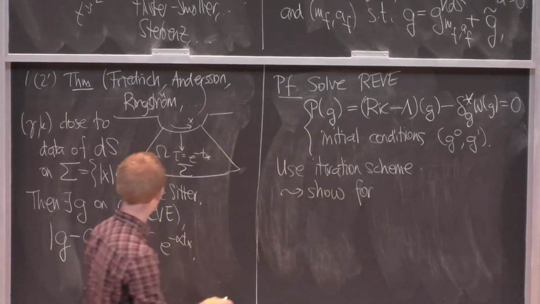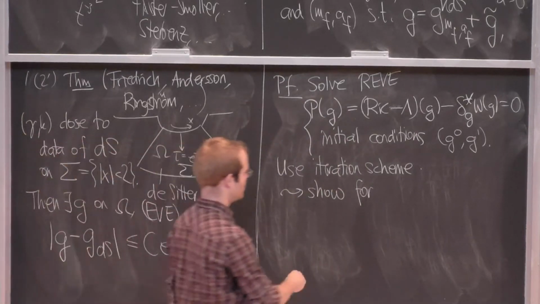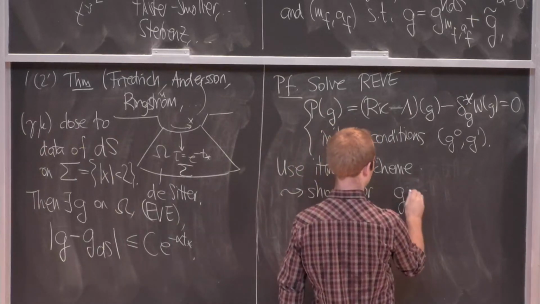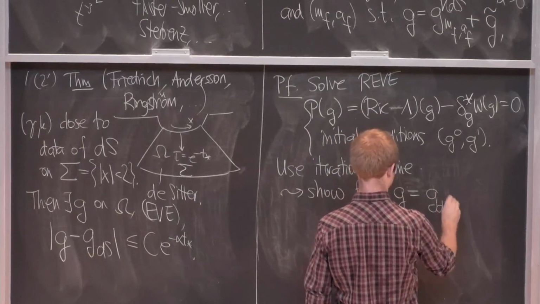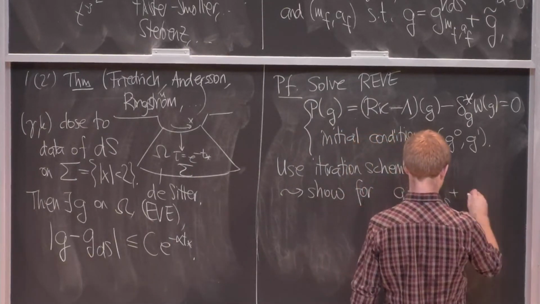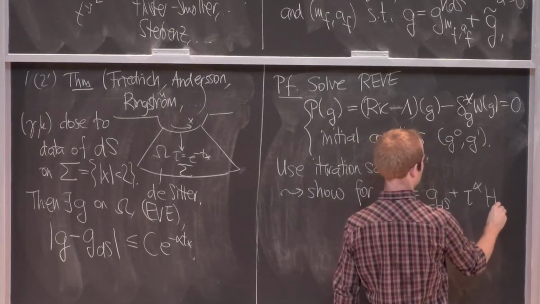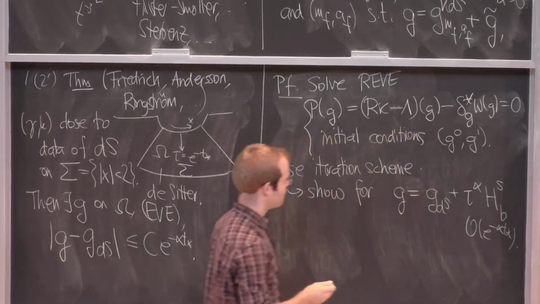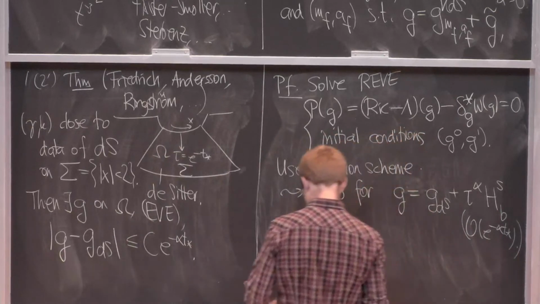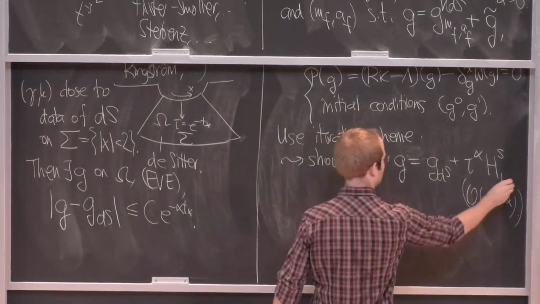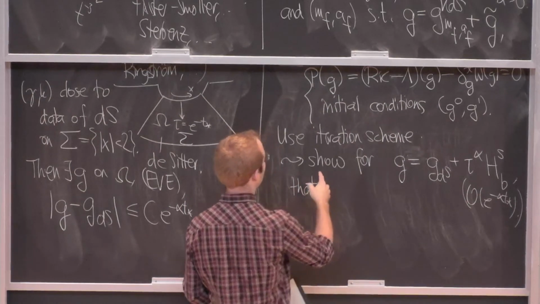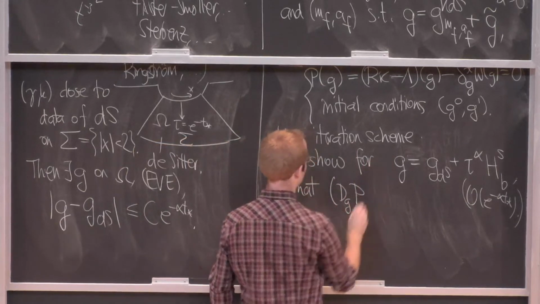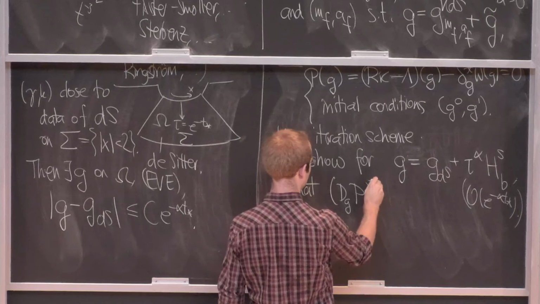So suppose I already knew that my solution had the claimed form. So suppose you have a metric G, or rather an iterate g_k in the iteration scheme, which is the de Sitter metric plus an error term, which is exponentially decaying. So yesterday we used these kinds of b-Sobolev spaces, but just imagine that it means exponentially decaying. Forget about regularity. OK, so for such metrics we have the following mapping properties of the linearization of our wave equation. So we need to show that if we linearize our nonlinear equation at such a metric G, and we try to solve it,